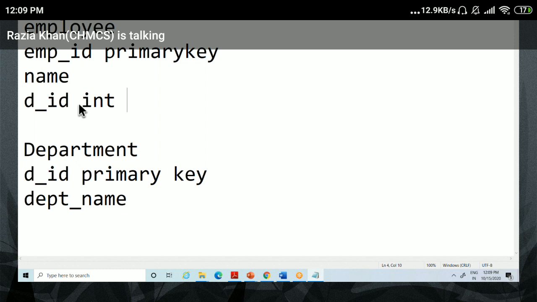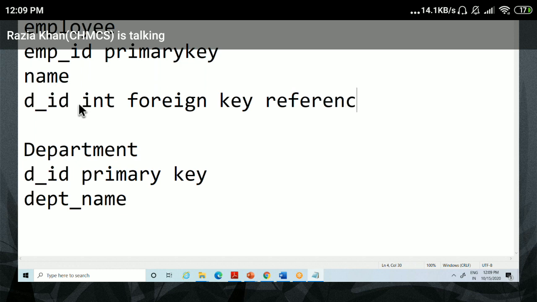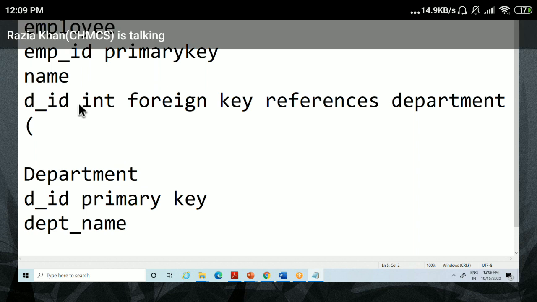And you have to write down foreign key, references, and the table name, and in brackets write department ID. A little bit is wrong. So this is the way.